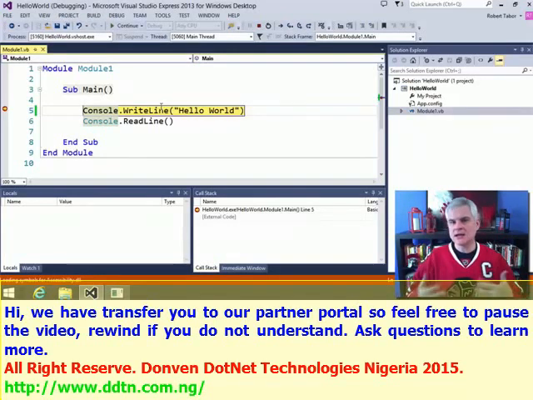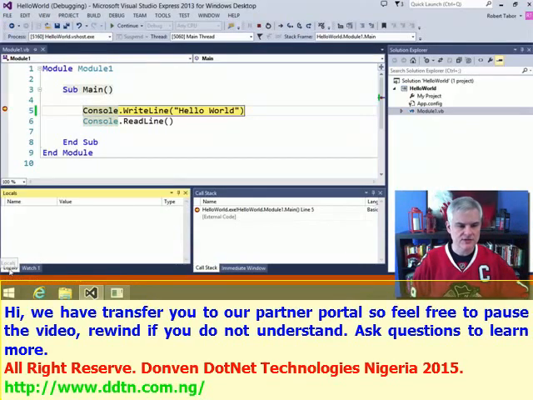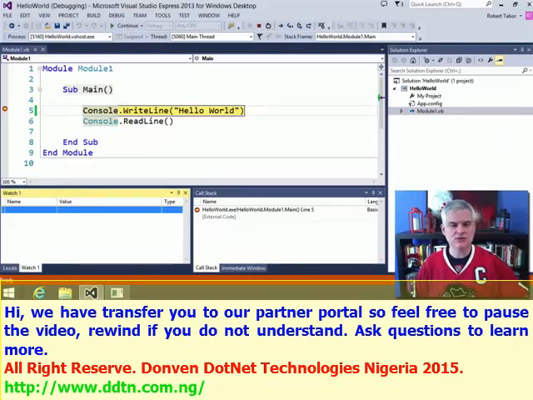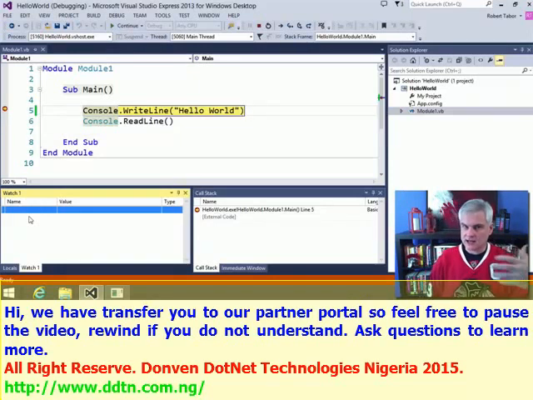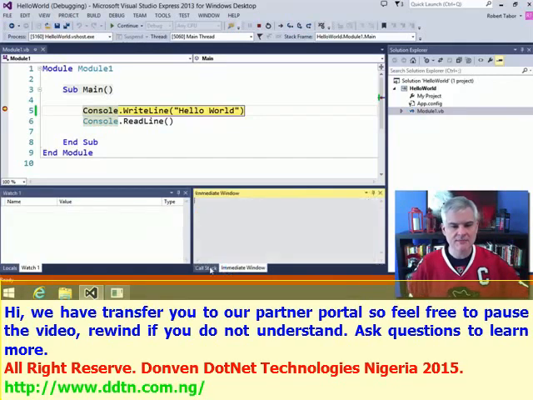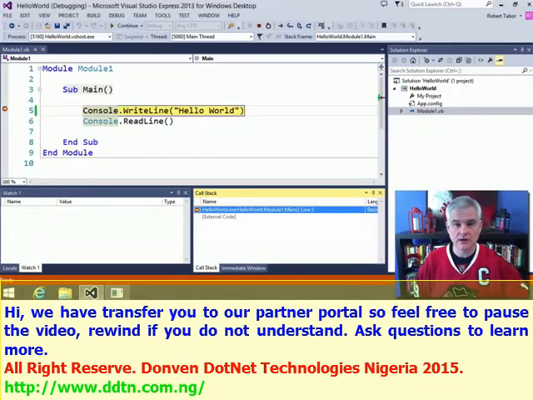And then also we can tell that we're currently in debug mode or we're in debug time because of the windows that appear at the very bottom of the Visual Studio IDE. So there's this locals window that'll show the value of variables and objects that are within the local scope. I'm sure that meant nothing to you, but it will as you continue in this series. There's a watch window where we can copy and paste certain variables, specific ones that we're interested in keeping tabs on and observing throughout the execution of our application. There's also this call stack and immediate window, which we won't talk about much, but are also crucial to the